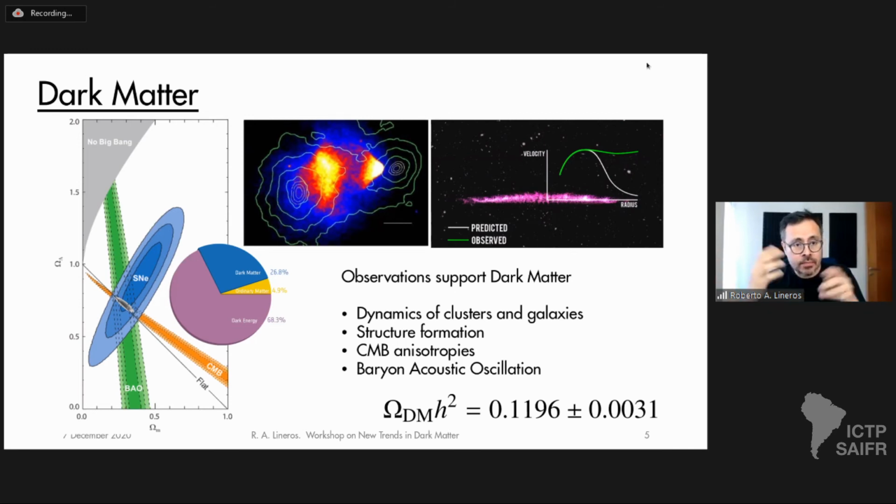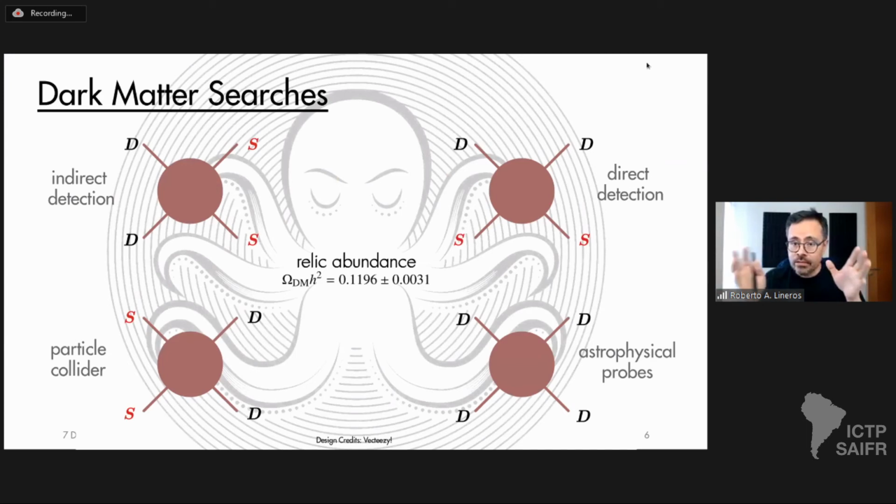Anyway, one of the nice things when dark matter is embedded in the context of particle physics is that, in order to explain the dark matter relic abundance and how this dark matter was created from the beginning of the Big Bang, we have a connection between the different dark matter search strategies, like indirect detection, in which we wait for dark matter to annihilate in dark matter halos and produce standard model particles that can be observed as gamma rays, cosmic rays, and so on and so forth.